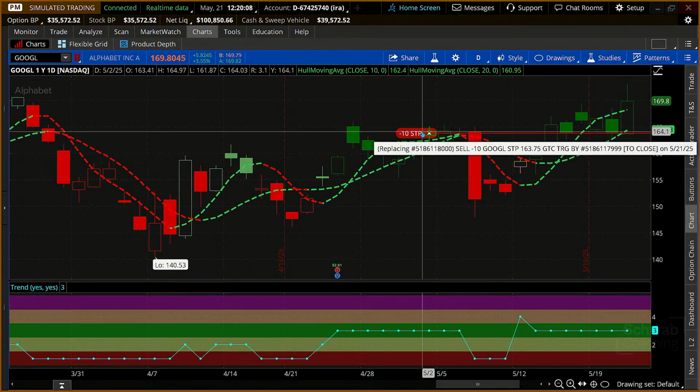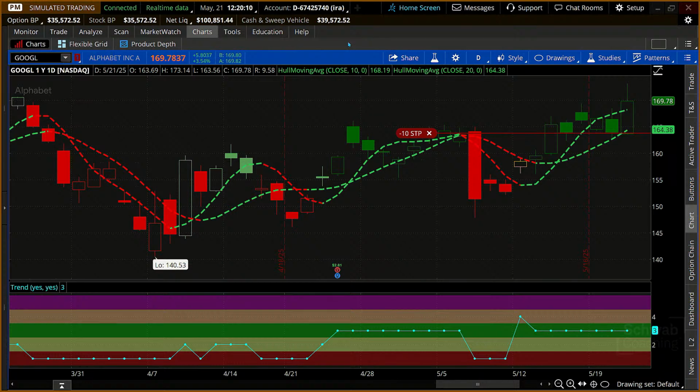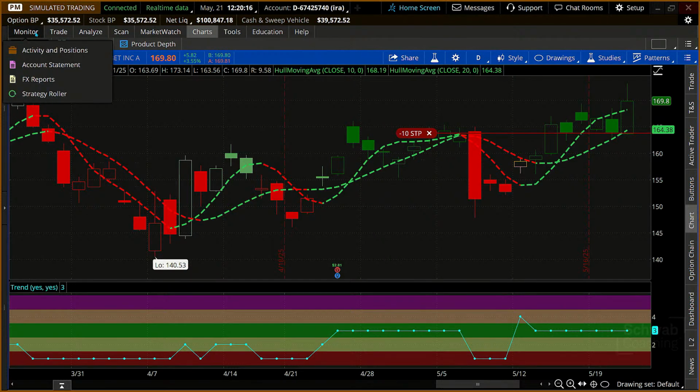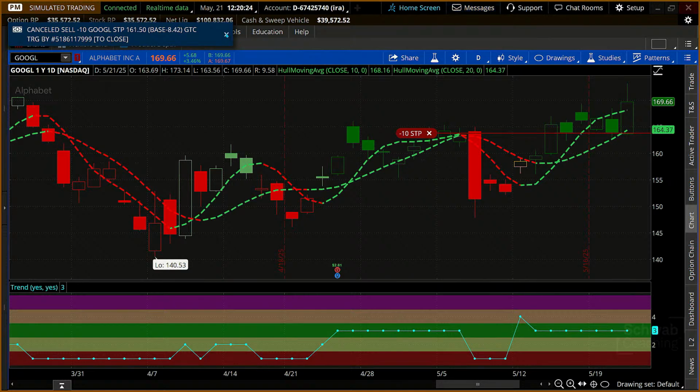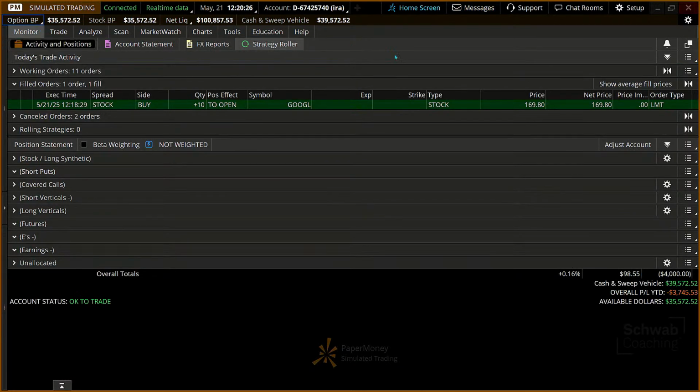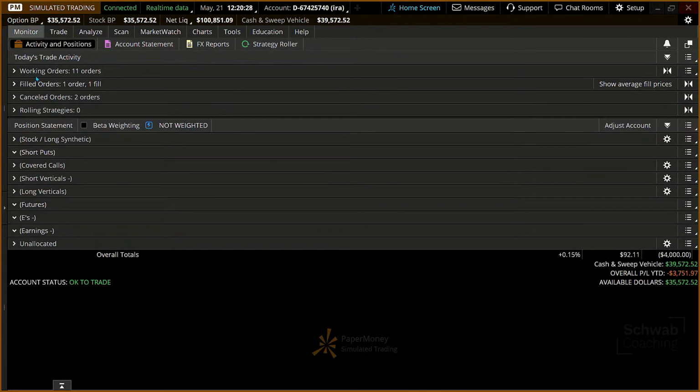Okay. Now, the biggest thing I want to kind of get to with this is if we went back to the monitor tab. Now, remember what I said is monitor, we're going to monitor our orders and our positions. Now, if I went back to, let's say, that page, the monitor tab, you're now going to see three areas where it says working orders. Think of this as stops, maybe buy orders or target prices.